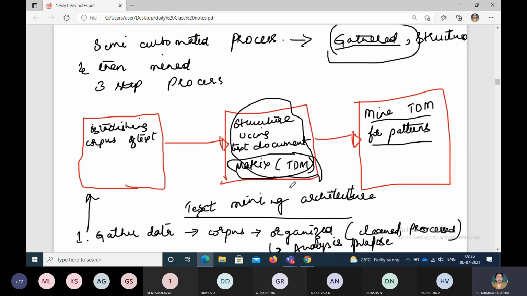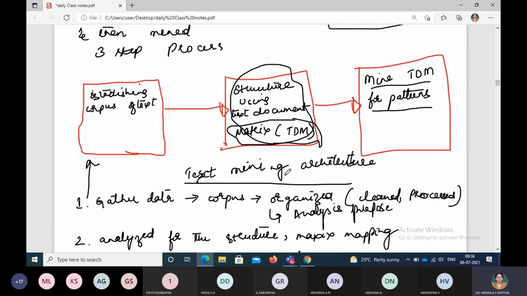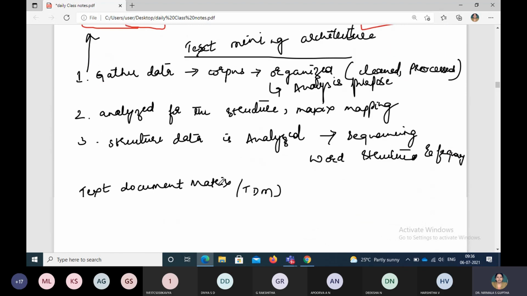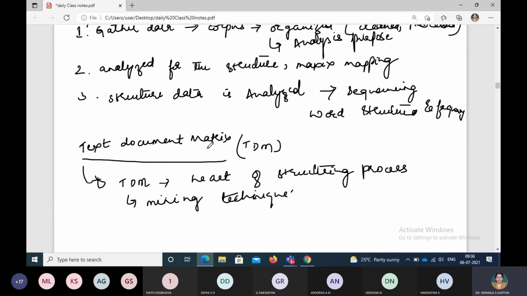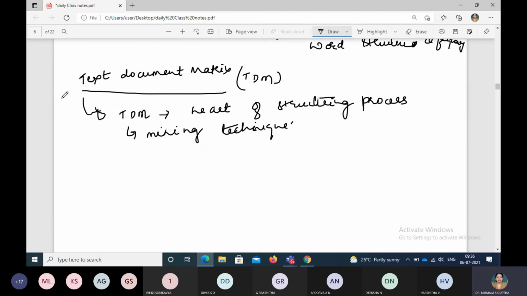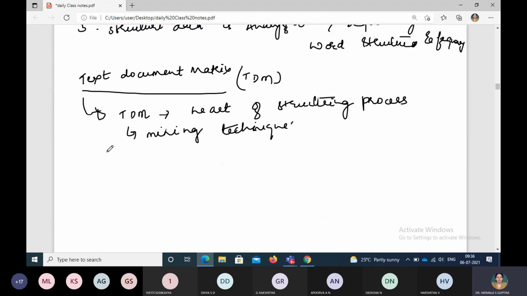So this approach measures the frequency of the selected important terms occurring in the document. This creates a particular dimension of the matrix, because as I say matrix, it should have some dimension, isn't it? When I say 2 by 2 matrix, 2 is the number of rows and 2 is the number of columns. Similarly, your text document matrix can be created with a dimension called T cross D.